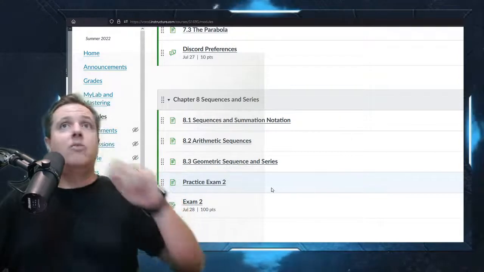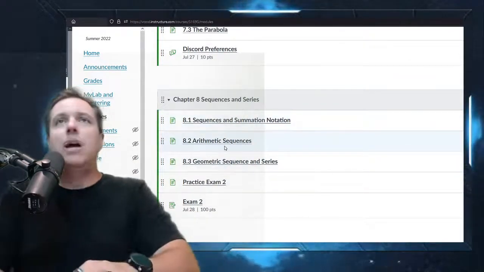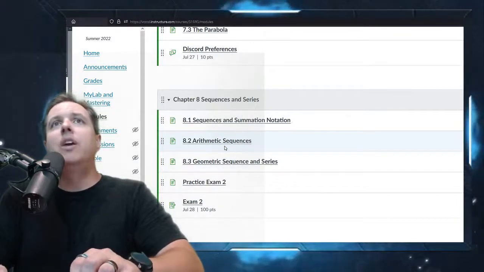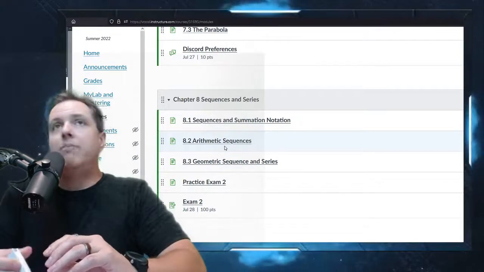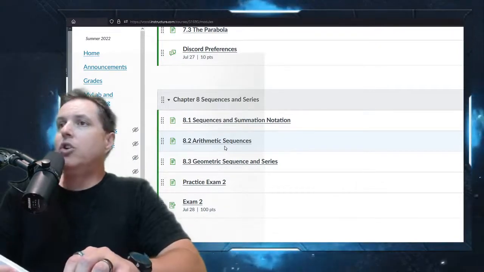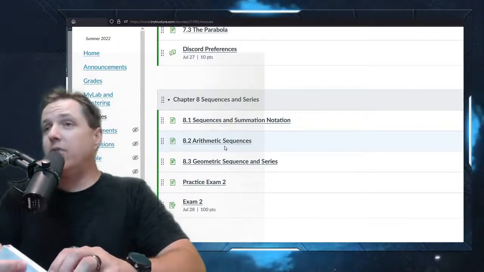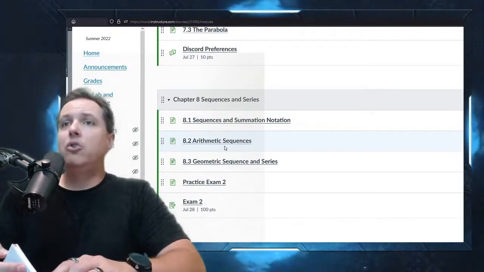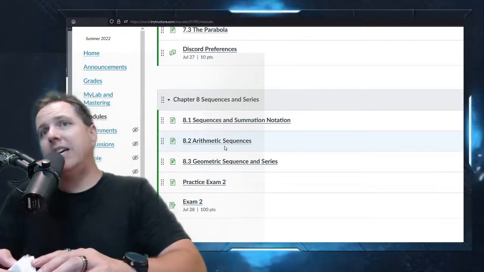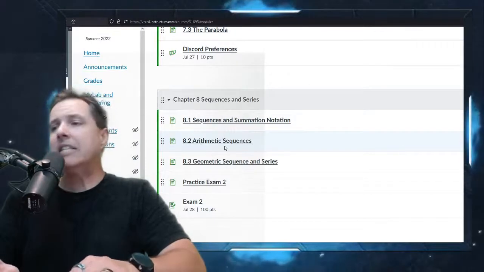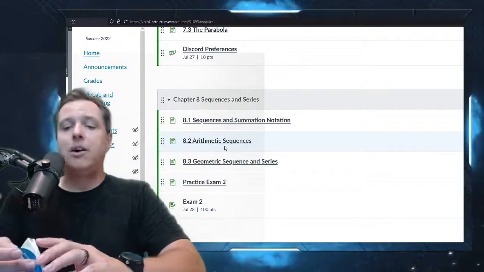Okay, then moving ahead into Chapter 8. So Chapter 8's an interesting one. Chapter 8 can be confusing for people because it's very different than math that you've done in the past. It is sort of a new area of mathematics, but it is an area that, if you're continuing on through calculus, if you're someone going into STEM, your math or your engineering or your science, these kinds of concepts are going to come up regularly, right?